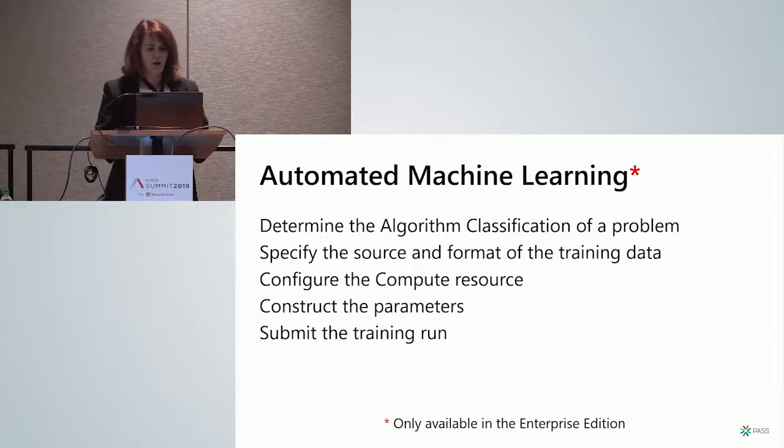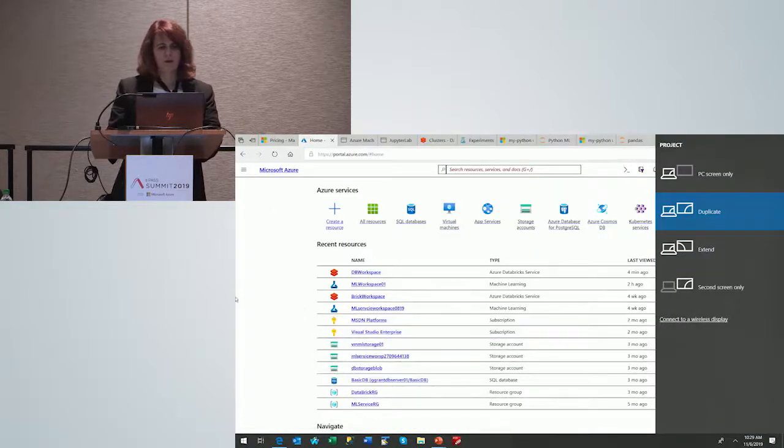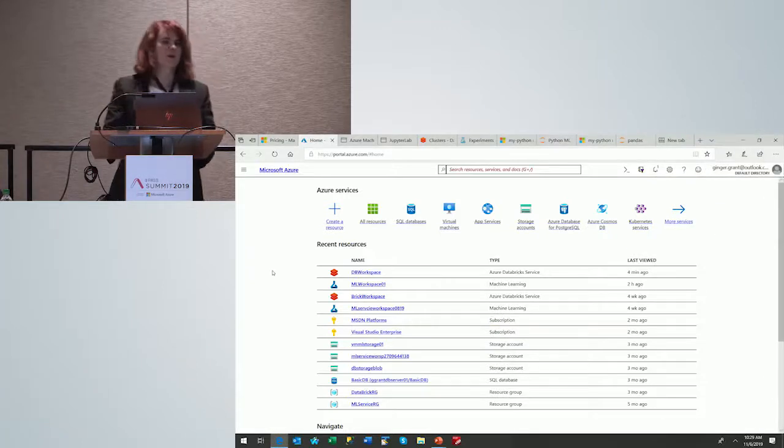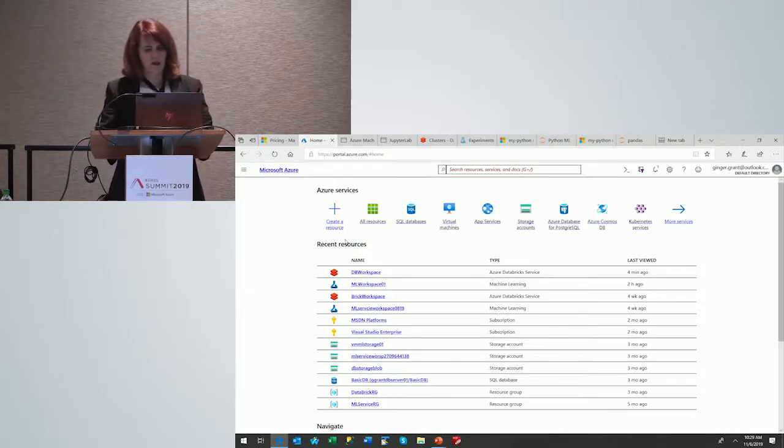So, enough talk about what you can do with Azure Machine Learning Service. I'm going to go ahead and show you how it works. I'm going to do what I call the cooking school version of creating a resource, because it does take 15 minutes, and I'm sure you all have better things to do than to watch the little thing spin while it does it.